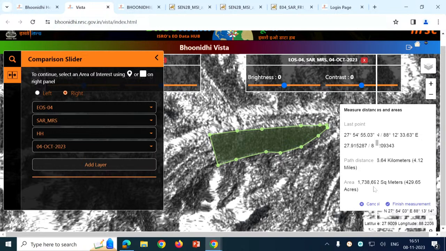So it shows you it is 1738692 square meters. Yeah, means roughly 1.7 square kilometers, because this is roughly what I have done. If I do it precisely, it will be 1.6 something square kilometers. Now what I can do,